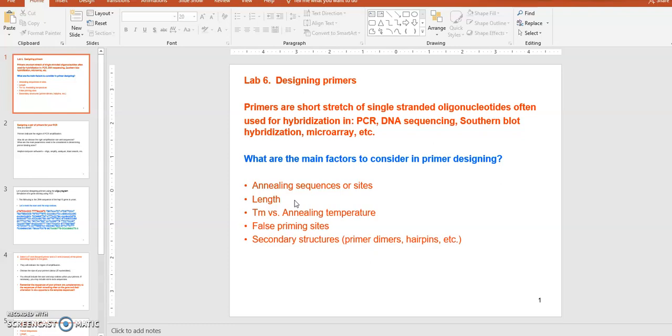So the Tm temperature is enough. So you need to know what that Tm temperature is. When you do the primer binding on its target site, you have to provide a temperature that's lower than the Tm, melting temperature, of course, right? Then how much lower? The temperature should be about 5 degrees lower, not too much lower than